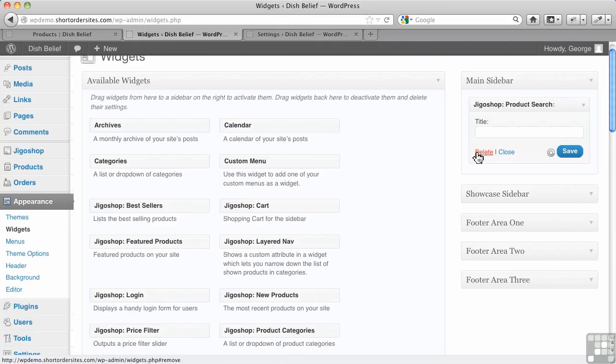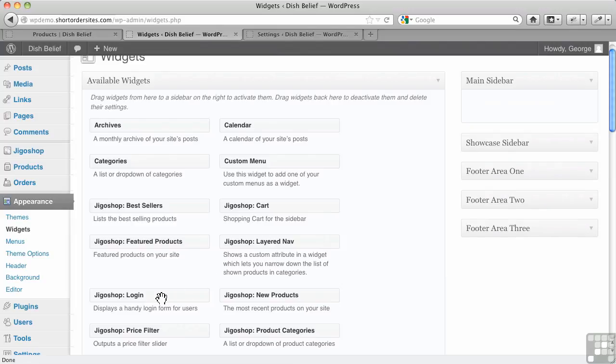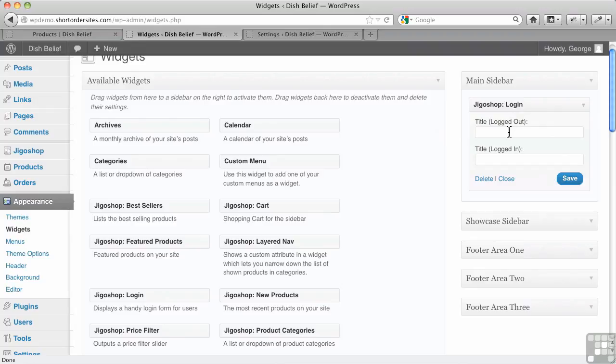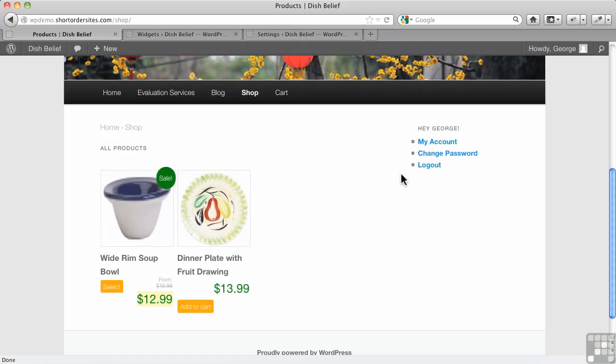Okay, let's delete that one. Then there's a login form. You can put that on the sidebar too. Okay, and you have two choices. You can put a title for when the person's logged out or when they're logged in. Now, what they don't say here is that it actually has its own titling. If you don't put anything in, it will automatically put in a title, which is, Hey George. Now it's taking my first name as a user and it's plugging it in there, which is kind of cool